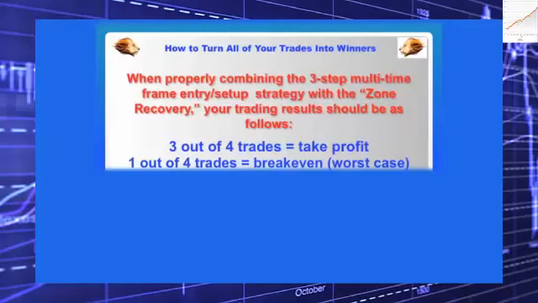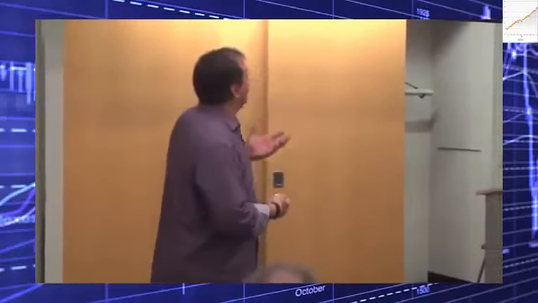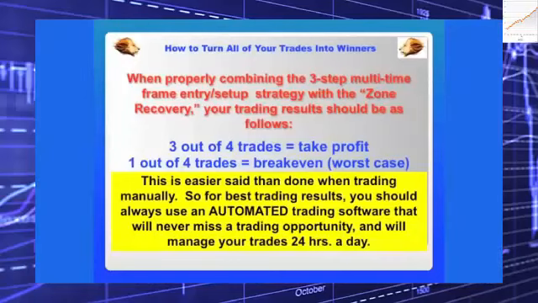Here's how your trading results should be. 3 out of 4 trades, you take profit because that's just good setup. 1 out of 4, worst case, break even. Now that to me is pretty good results. Right? So now how do you do these zone recoveries? Well, obviously this is easier said than